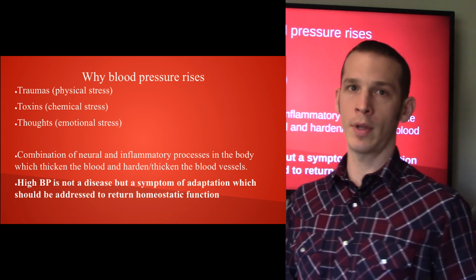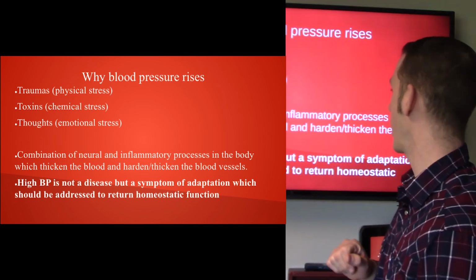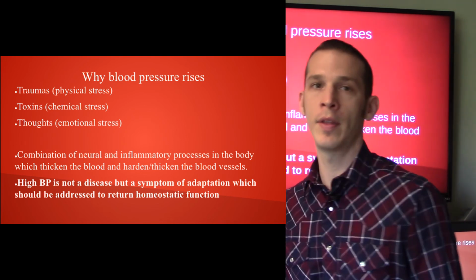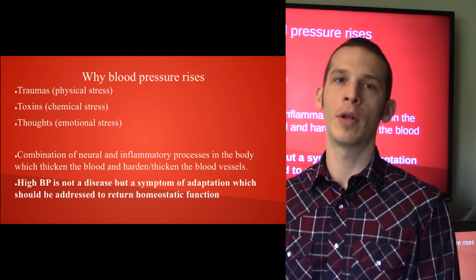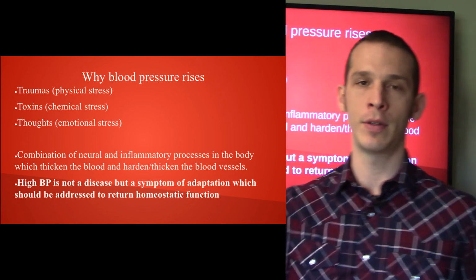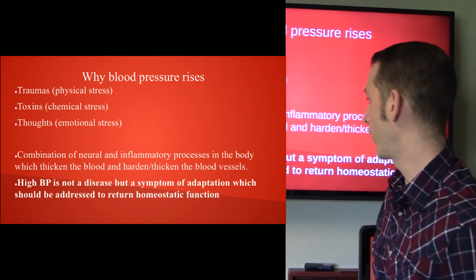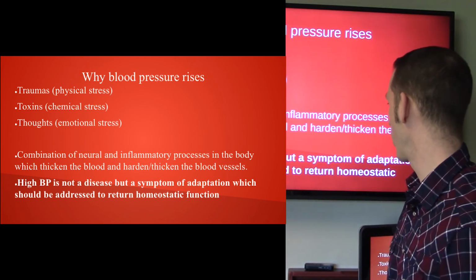Now what happens with increased blood pressure? A combination of neural and inflammatory processes in the body which then thicken the blood and harden and thicken the blood vessels. So again, in this situation, we talked about diabetes being a symptom of adaptation. High blood pressure is simply your body's way of adapting to the environment, right? And it's particularly adapting to physical, chemical, and emotional stresses. So therefore, high blood pressure is not a disease, but a symptom of adaptation, which should be addressed to return